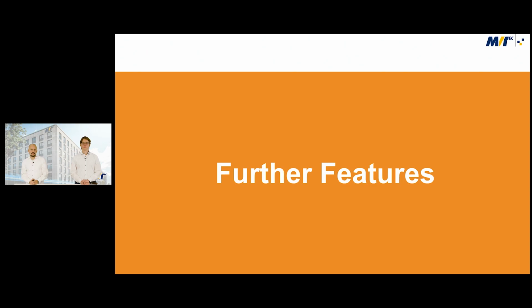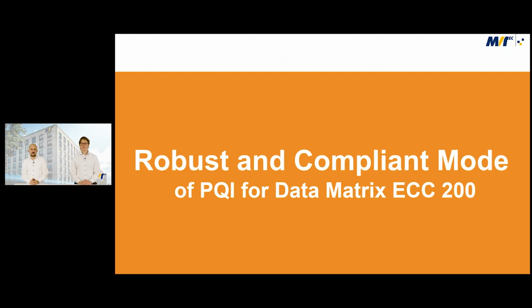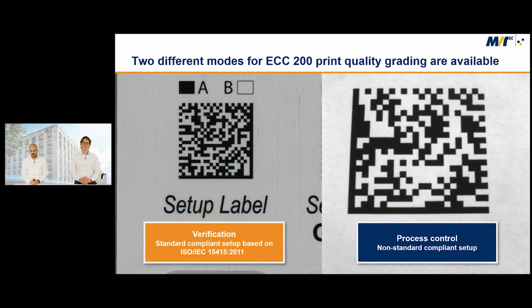So now we went through most of the features I showed you at the beginning, but as always, there are many more smaller changes, smaller new things in HALCON which we want to mention also. And the first thing is that we now have a new mode for the PQI for data matrix ECC 200 codes. We already have PQI for data matrix ECC 200 codes in HALCON. And this is used quite a lot and a very robust method to do PQI,